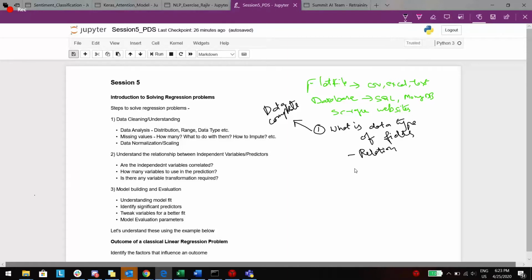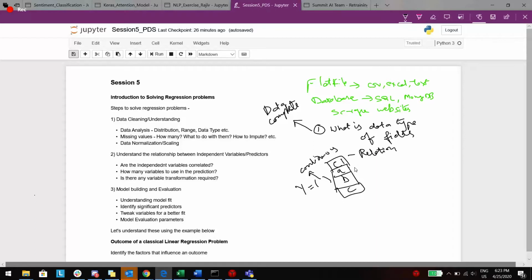So for example, if it is a categorical variable, say your variable fields are labels like A, B and C. So this is your variable C1, and this has three values A, B and C. And you have a dependent variable, which is Y, which is a continuous variable.